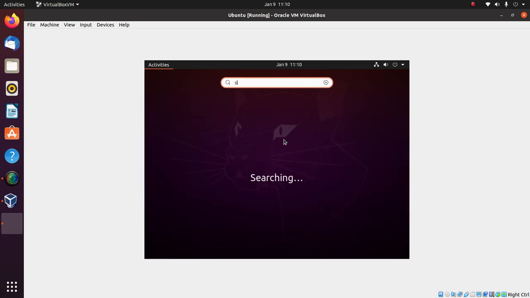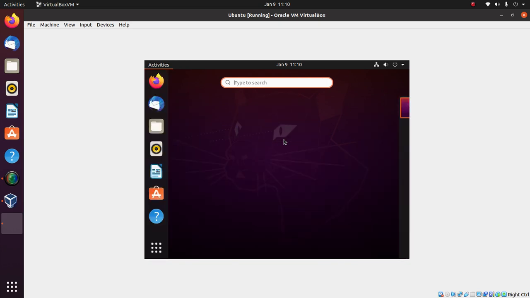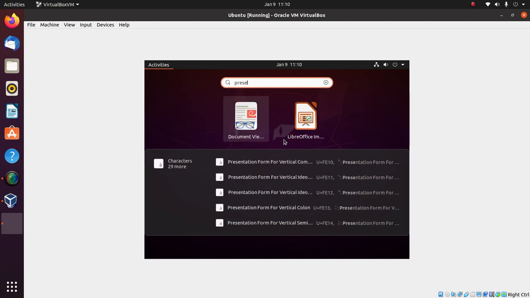If you want a spreadsheet, just type spreadsheet. LibreOffice Calc, which is equivalent to your Microsoft Excel. And similar to PowerPoint, we have something called presentation, Impress. LibreOffice Impress. So you have similar alternatives for your Microsoft suite, but these are open source options.